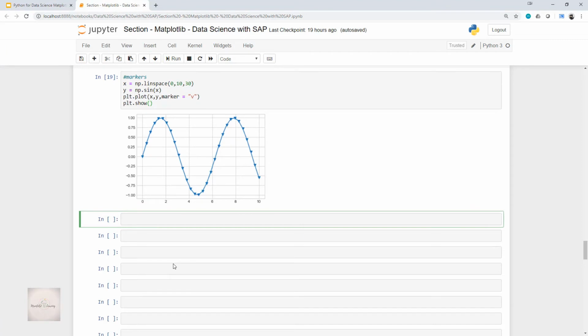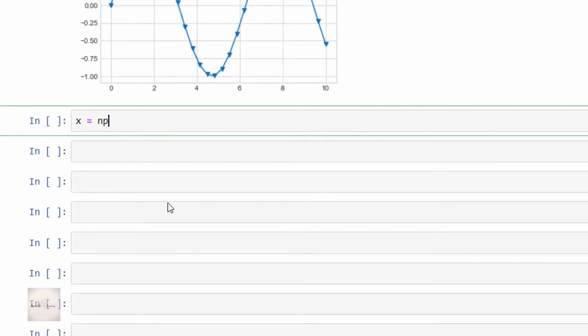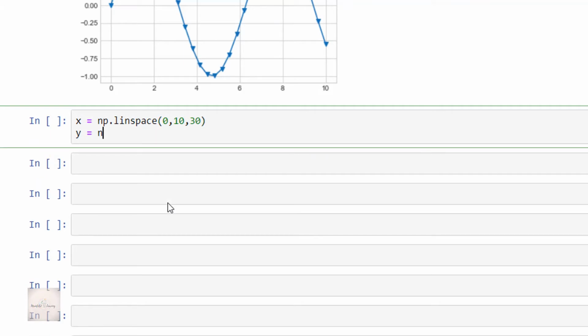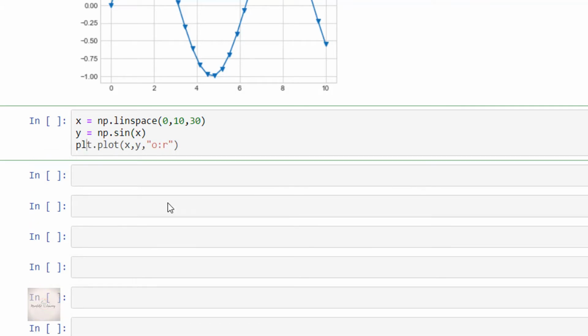So let me start with x = np.linspace(0, 10, 30), and y = np.sin(x), and then plt.plot(x, y, 'o:r').